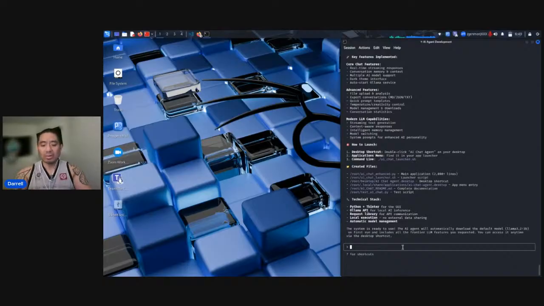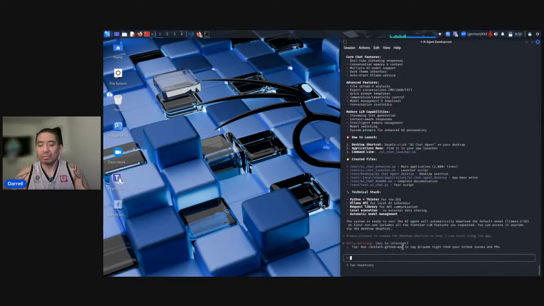So let's ask it to please proceed to create the desktop shortcut so that I can start using the app.